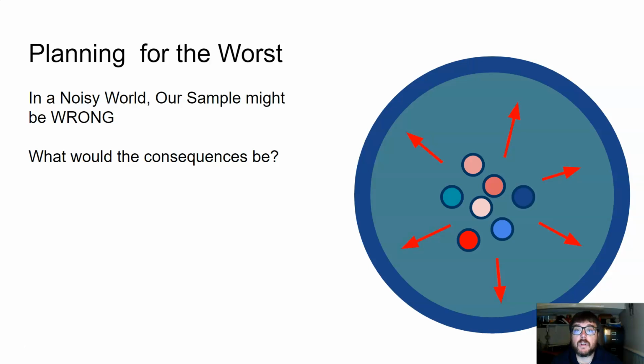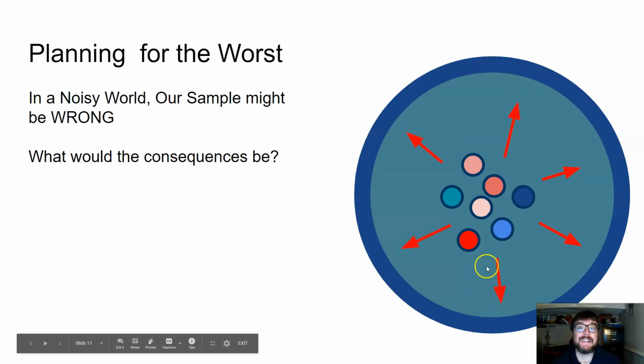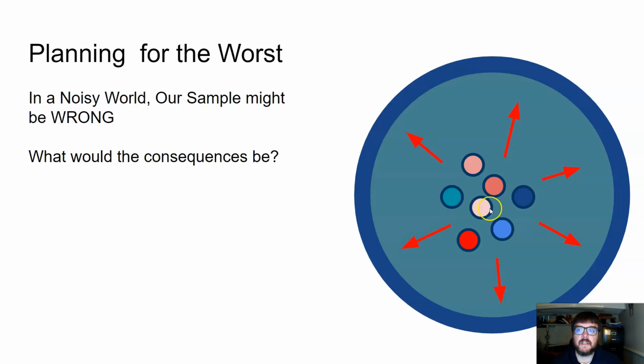It's a noisy world, and so we might have this population which is sort of bluish green, and I apologize for red-green colorblind people, but maybe these are the only 4 reddish objects in this whole population, but by bad luck we got them. And then we might say that actually we believe that the typical color for the population is sort of a pinkish color. We would be wrong. So we have to think about the consequences of what something like that would be.